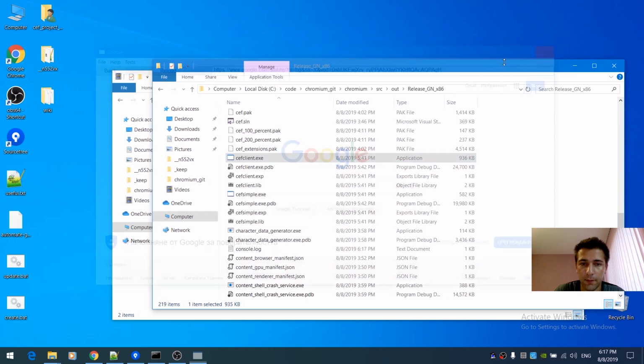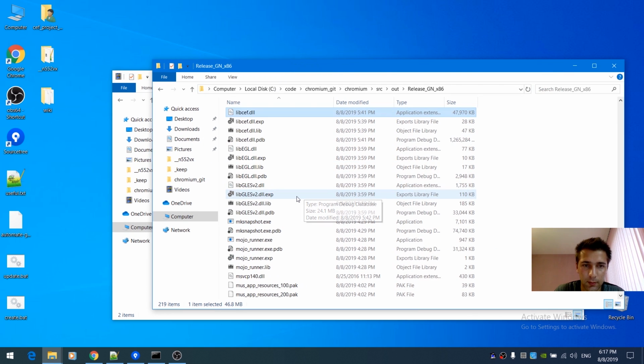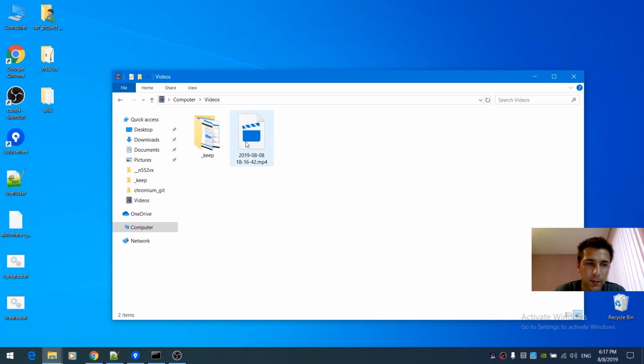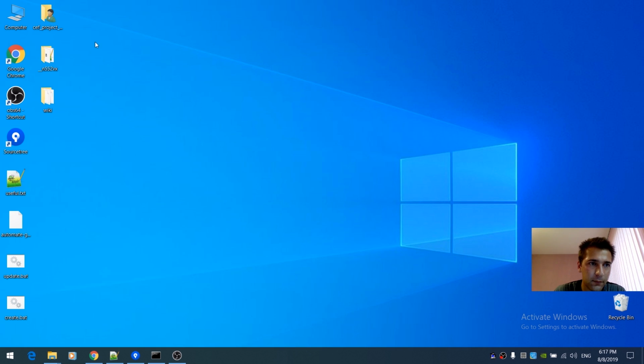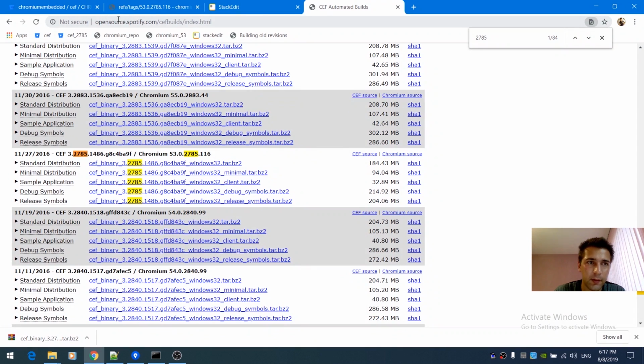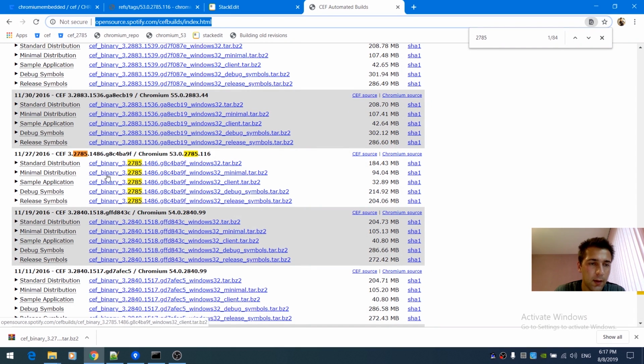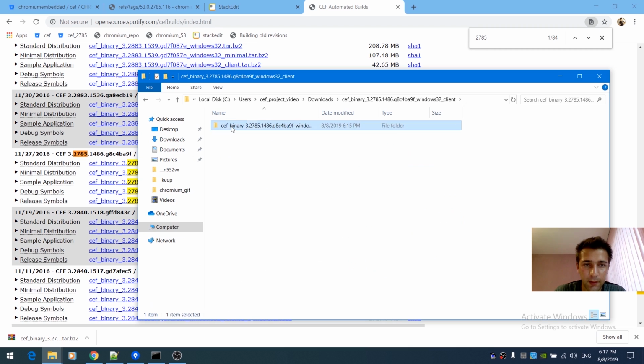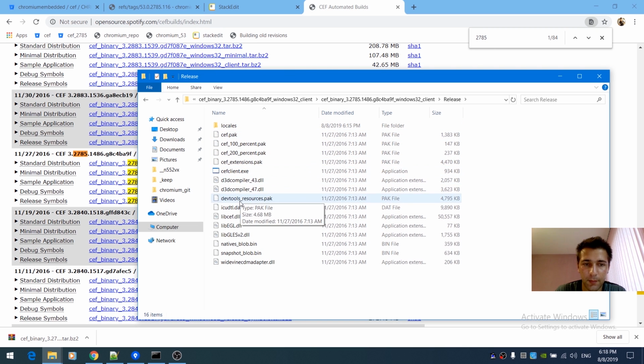And yeah, also if we look here, libcef.dll, you can see the size here is 47.970 kilobytes, and also I have just downloaded from this website, I'll leave a link in the description, the official build, which is provided by Chromium Embedded Framework. I just extracted this, and you can see that their libcef.dll is 50 megabytes, and this is because